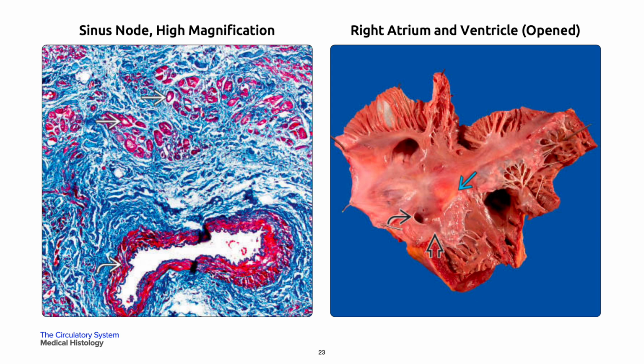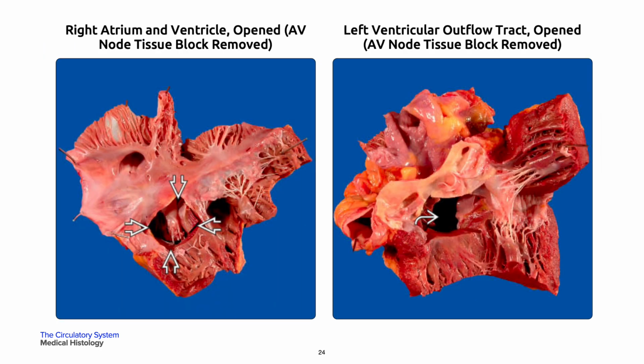Koch triangle can be visualized as imaginary lines connecting the roof of the coronary sinus ostium in a curved black arrow, and the tricuspid annulus at a point directly below the coronary sinus ostium in a bold black arrow, and the membranous septum in a single blue arrow. On your left is a view showing the right side of the heart,